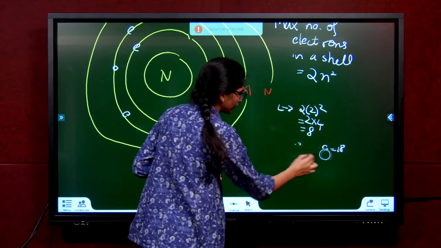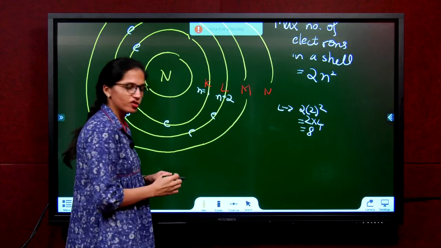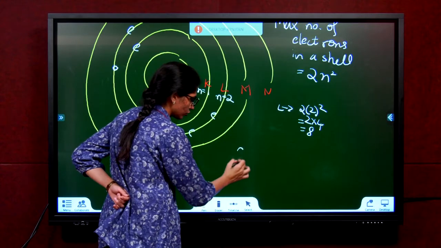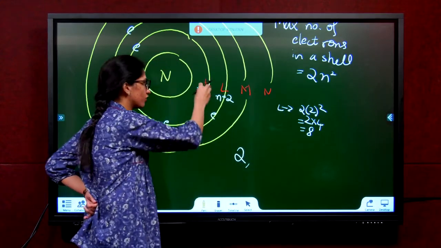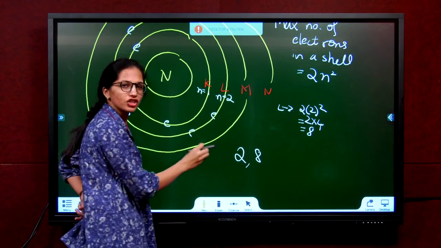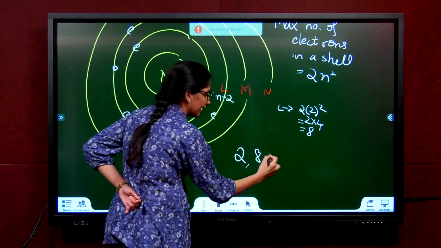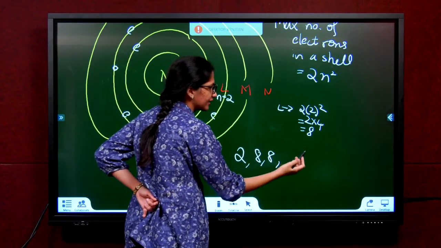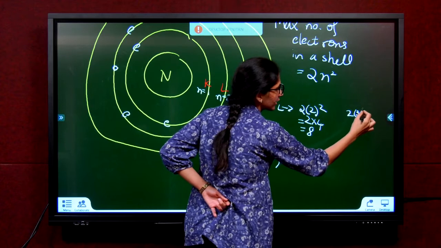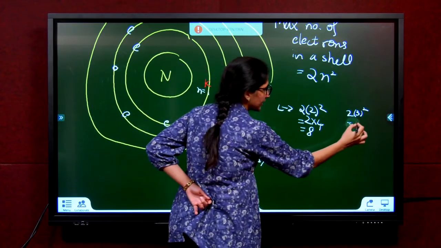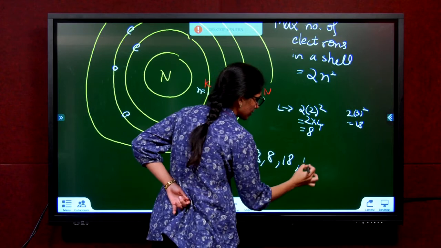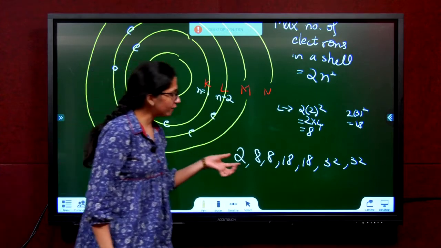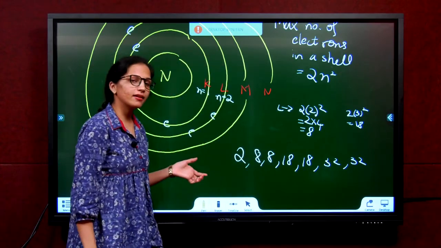When electronic configuration works, it is given in this form. First, the first shell fills with 2. After 2 electrons fill inside, 8 gets filled in the next shell. In the next shell, again 8 will get filled. Now in the next shell, you have 18. How 18? 2 into 3 square, you expected 18 for this, but that is not happening. Then you get 32. Why? The reason for this, you will again learn only in the higher classes.